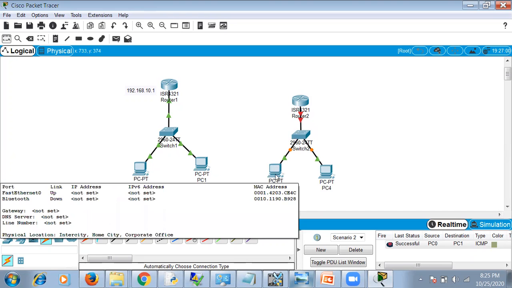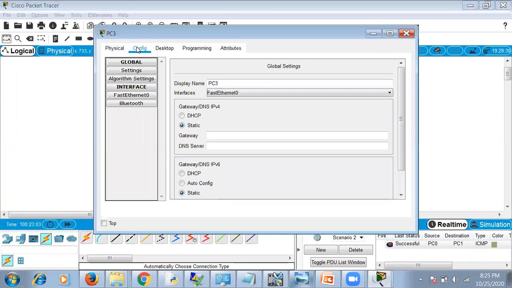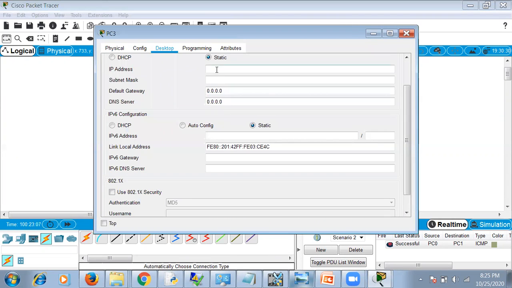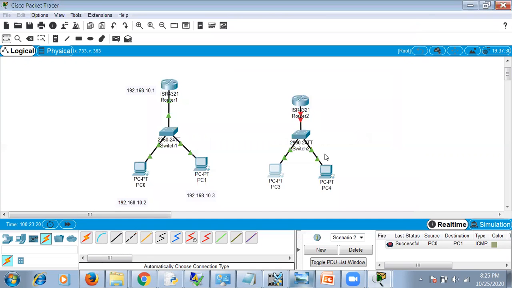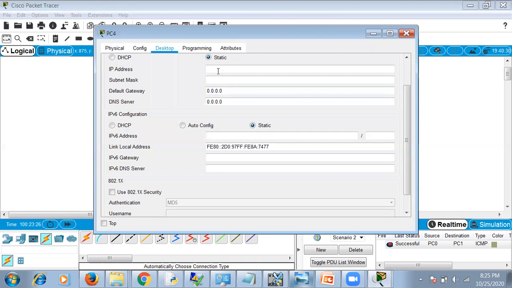So we'll now put all the IP addresses for this one. Go to desktop, IP config.